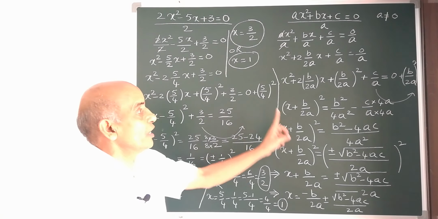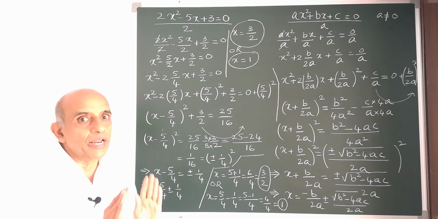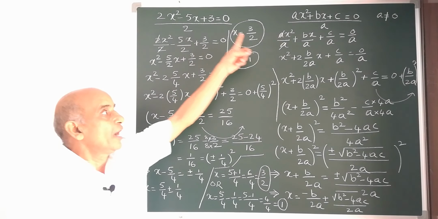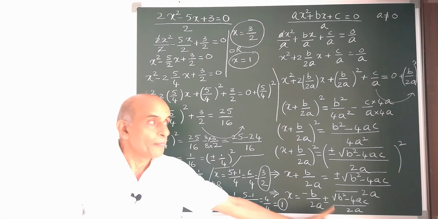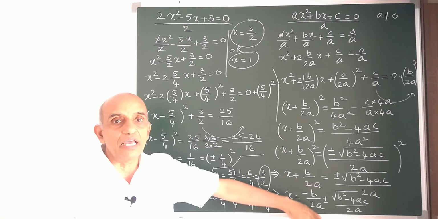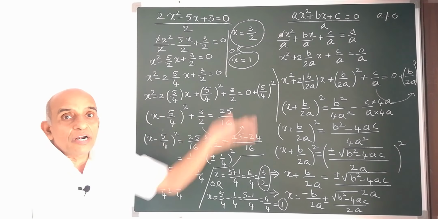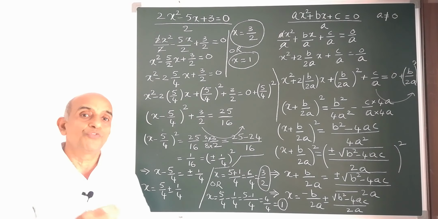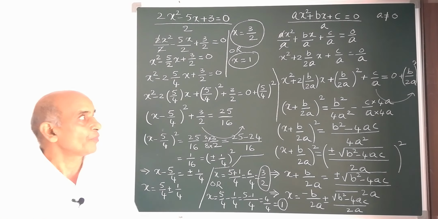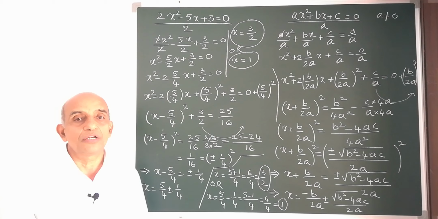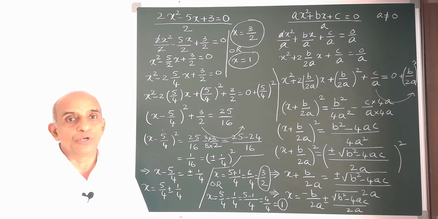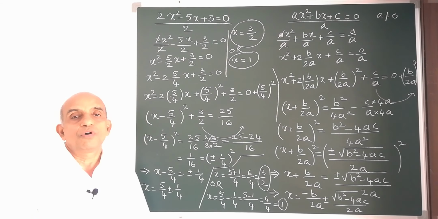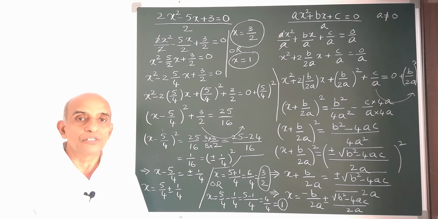So understand this very carefully and practice it 4-5 times. I have taken one numeric example and also the theoretical example, and both the things simultaneously I did. So you take some other quadratic equation and do both the things simultaneously, practice it 4-5 times like this. Whenever you have any confusion, look at all the 4 videos. This is the 5th video in the series of solving a quadratic equation by completing the squares method.